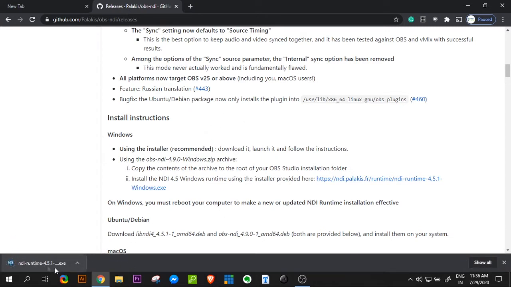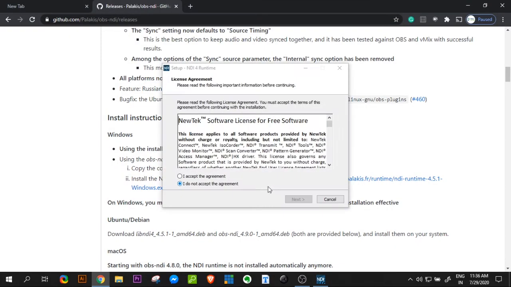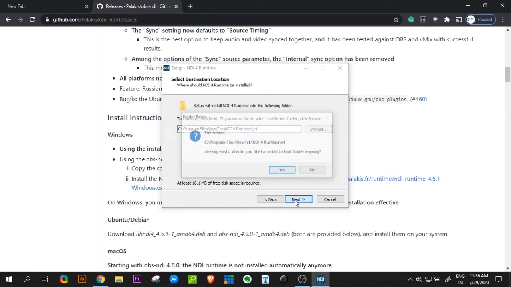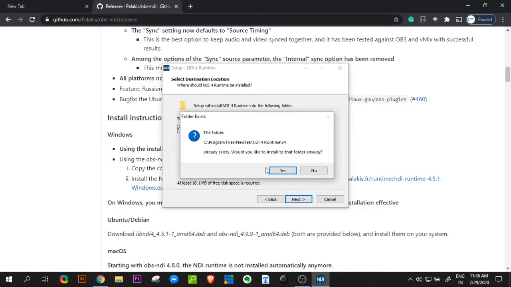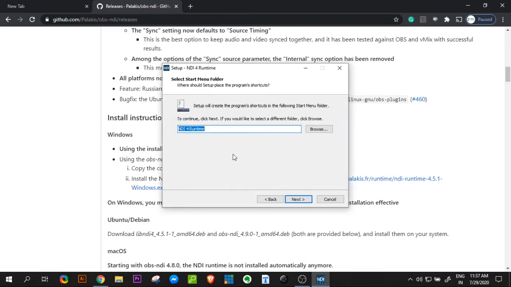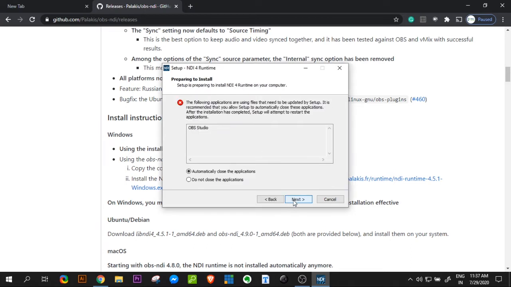My file has already been downloaded, and after the download has been completed, let's proceed towards the installation process. Just click on the file and our installation will start. Now the installation file has been launched, and I click on accept the agreement and click on next. Again click on next. I have already installed the NDI runtime environment, so I would like to install it anyway. Again replace it. So now our application is